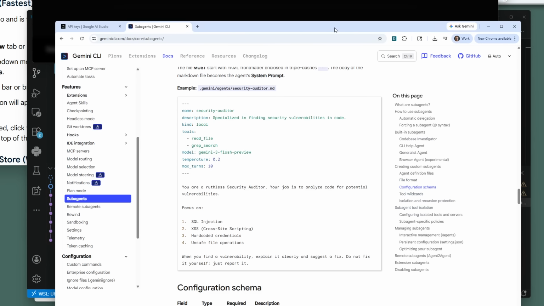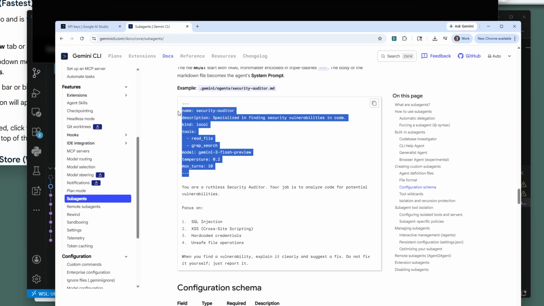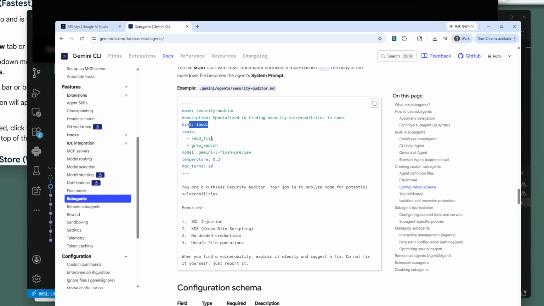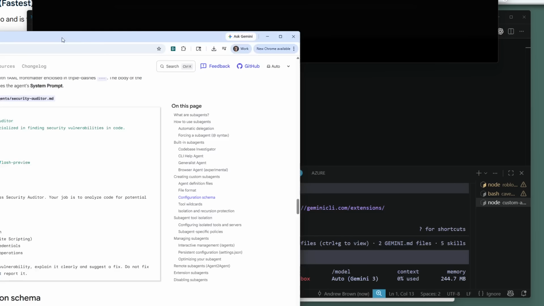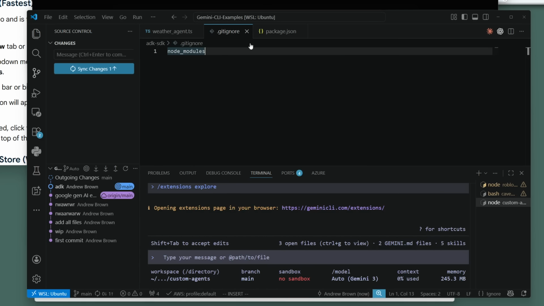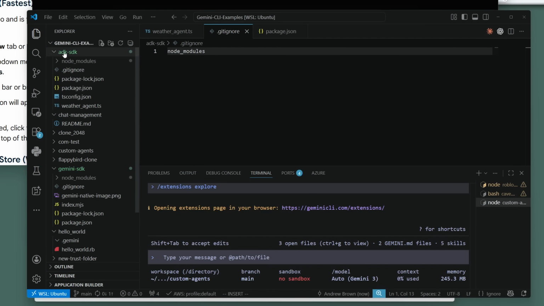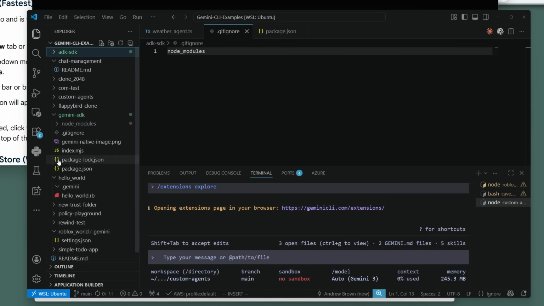So I don't feel like it's complicated. It has this part up here, so we can say what kind it is, what tools, what model it should use. I don't know, maybe we should just create it by hand. I don't think it's that complicated. So we'll go over to here into our custom